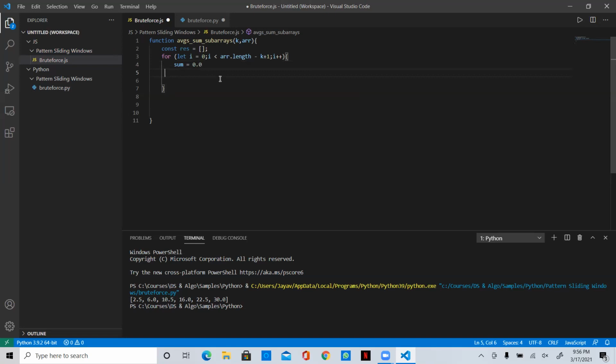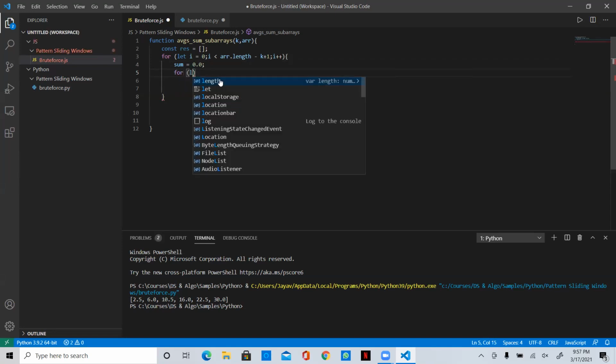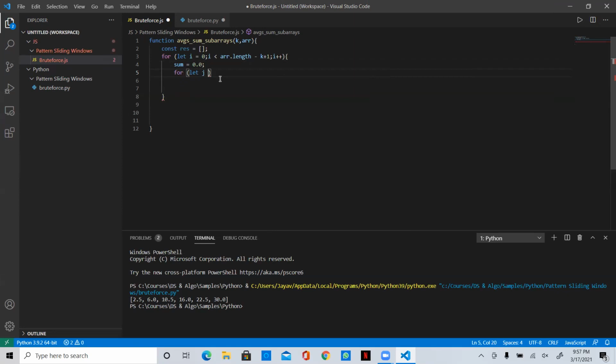Just making sum of 0.0 since it is float. For let j is equal to i and j is less than i plus k and j plus plus.